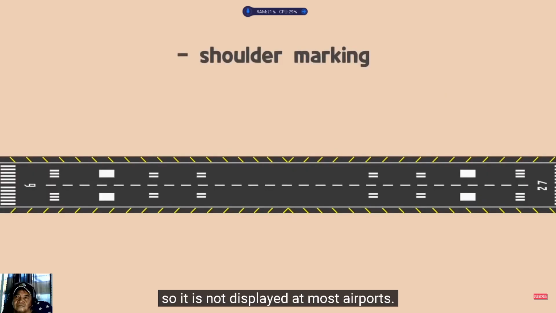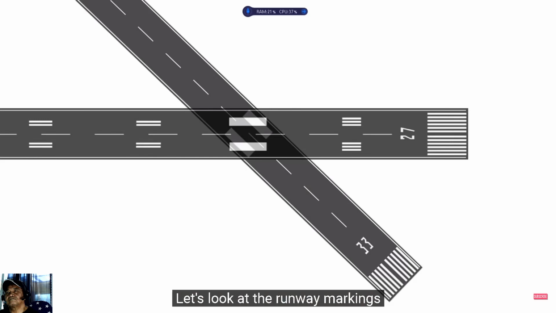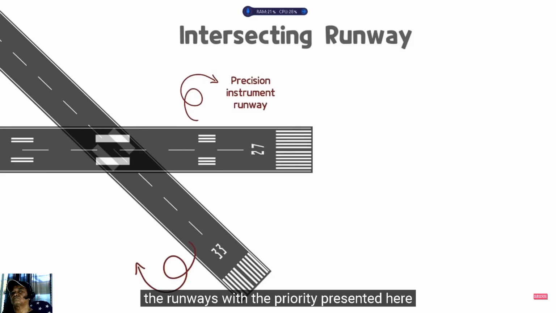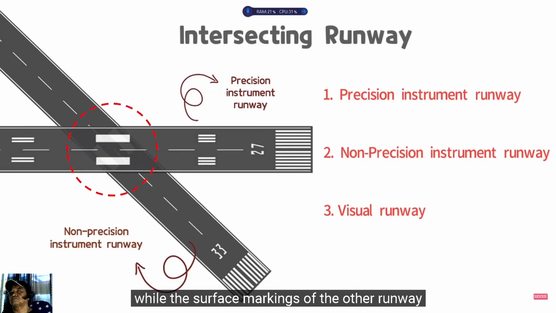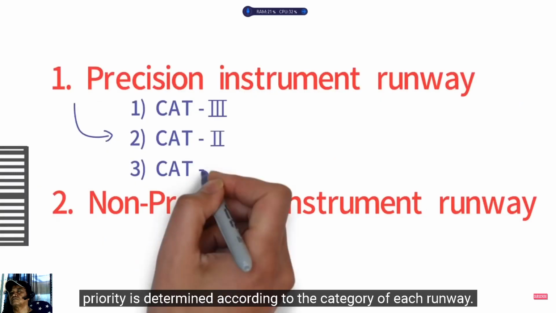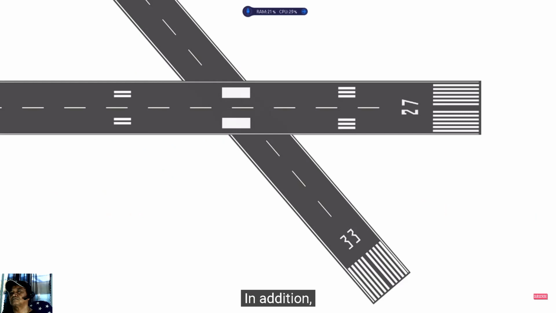Let's look at the runway markings when there are two runways and they intersect each other. In these cases, the runways with the priority presented here are fully displayed through the intersection, while the surface markings of the other runway are completely interrupted. Also, among precision runways, priority is determined according to the category of each runway. In addition, methods such as displacement of markings of interrupted runways and thresholds have been used to prevent confusion and